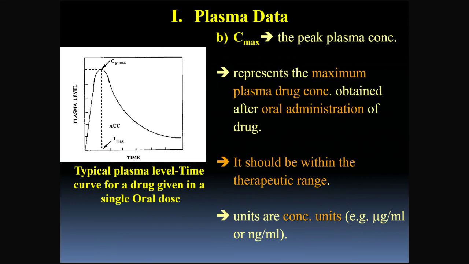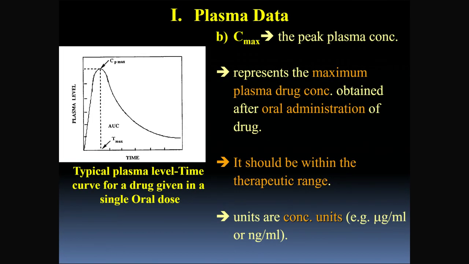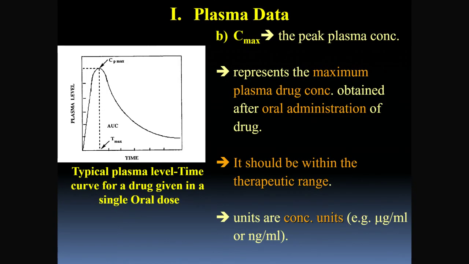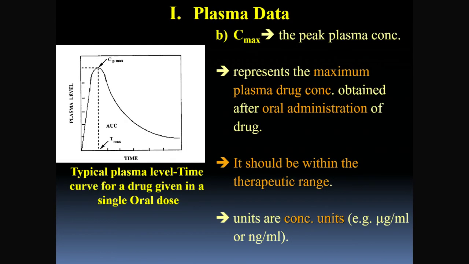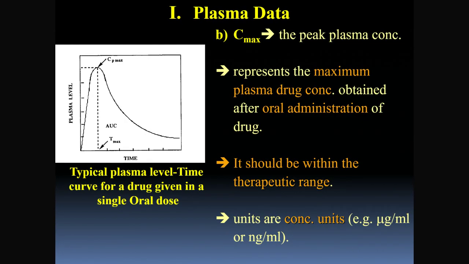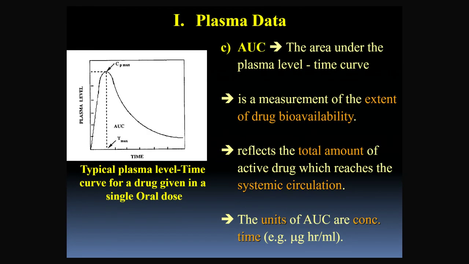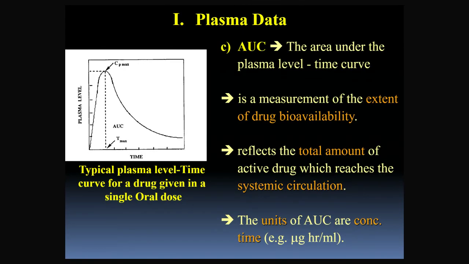Critically, Cmax must fall within the therapeutic range. If it drops too low, the drug is ineffective, and if it climbs too high, it becomes toxic. Based on this relationship, why is a formulation that causes Cmax to spike rapidly into the toxic zone considered a failure in pharmaceutical engineering? The area under the curve, or AUC, serves as a geometric representation of the total systemic